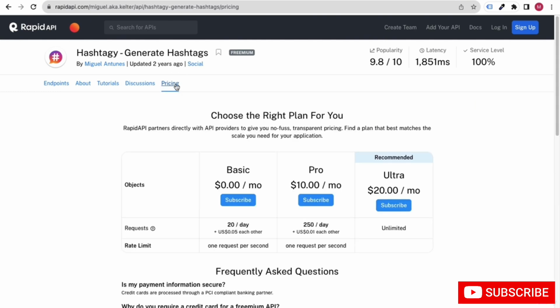If you see the pricing here, you can see that this person who created this API is charging a subscription. You can charge basic, that is free, and pro will cost this much, and ultra. Similarly you can build one API, publish that API on this marketplace, and charge on the basis of subscription like this.